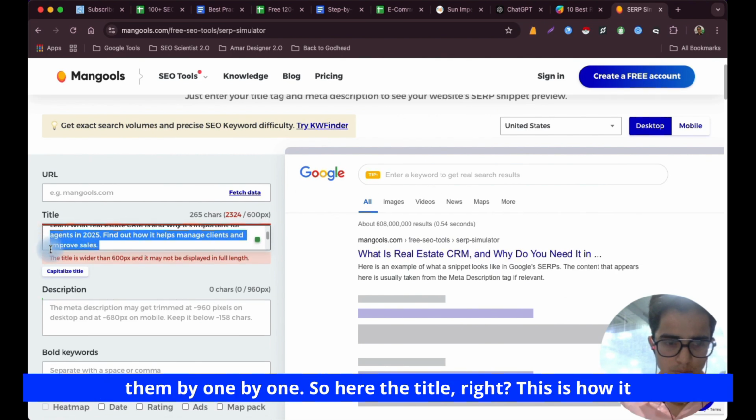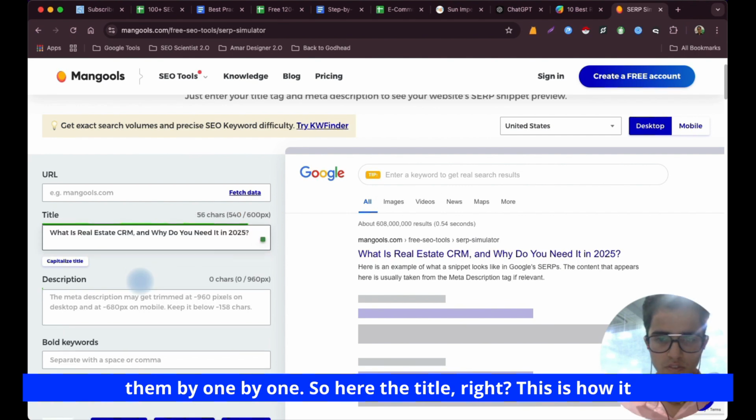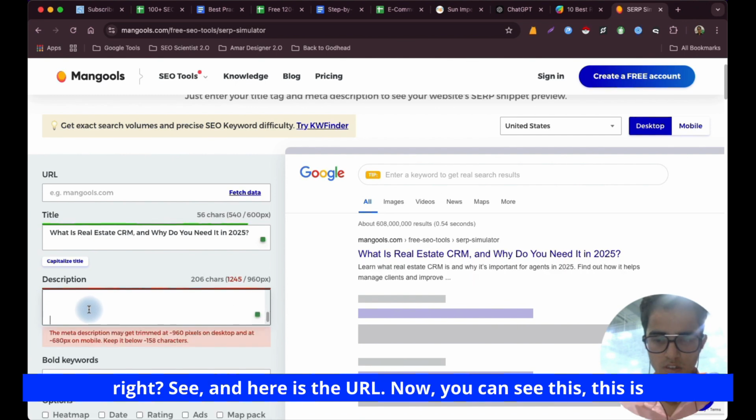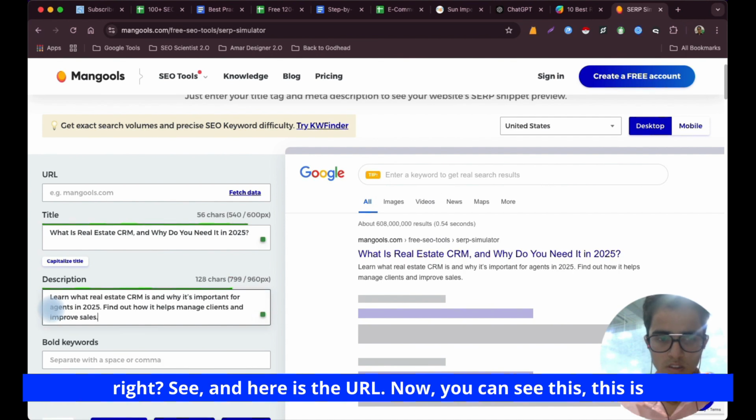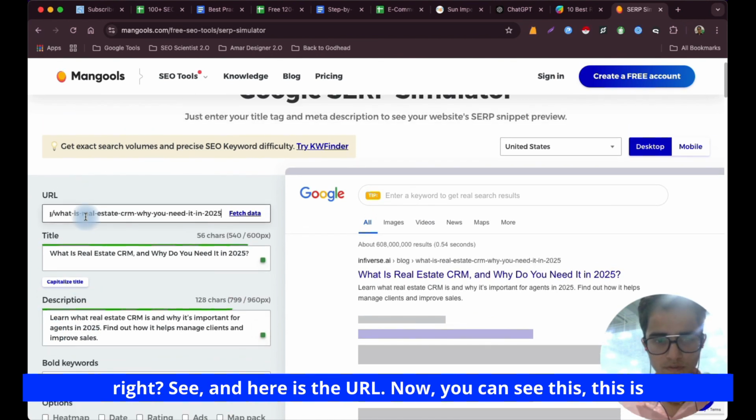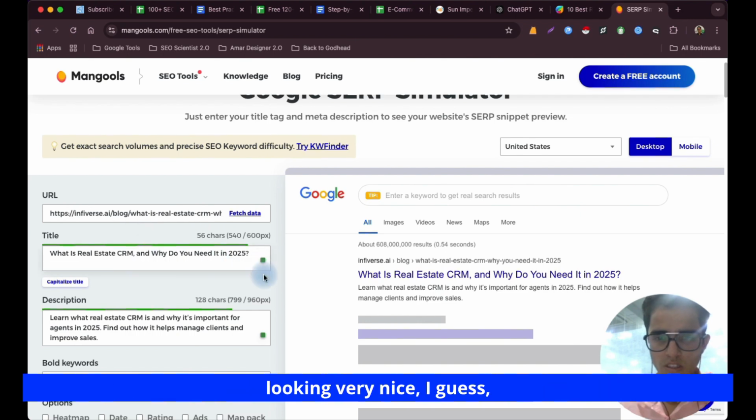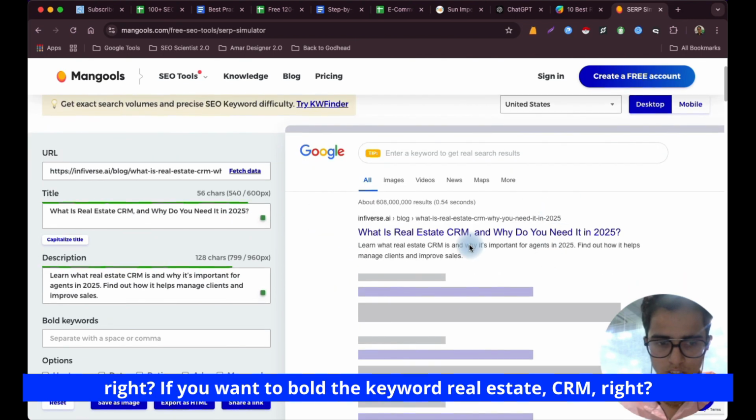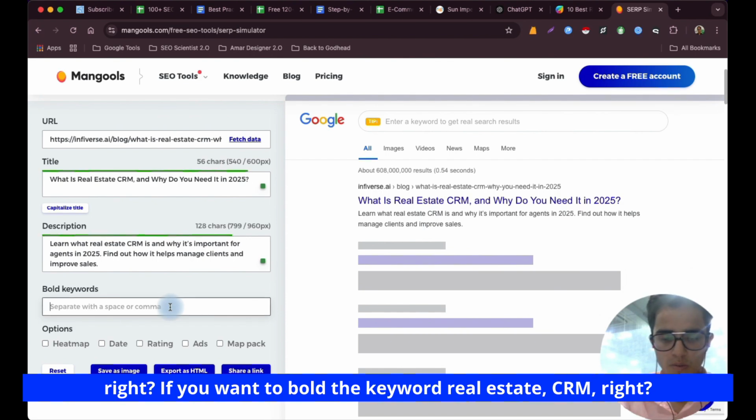I'm just dividing all of them one by one. So here is the title, this is how it looks. Here is the description, and here is the URL. Now you can see this is looking very nice, I guess, right? If you want to bold the keyword real estate CRM,